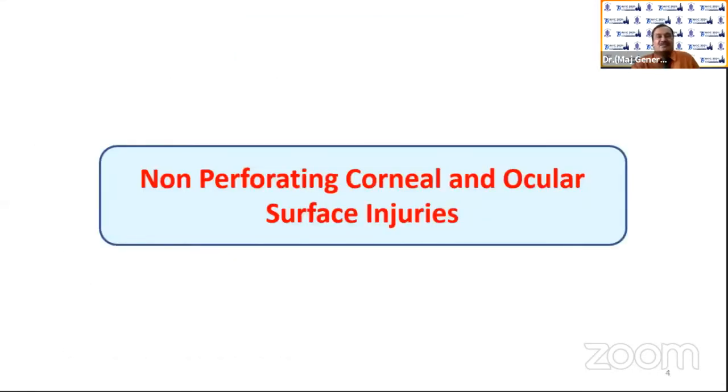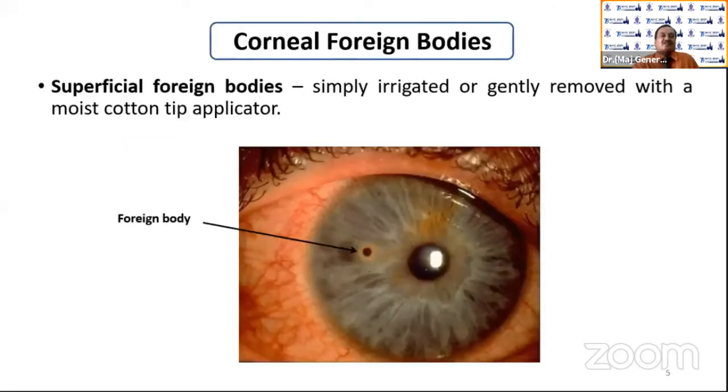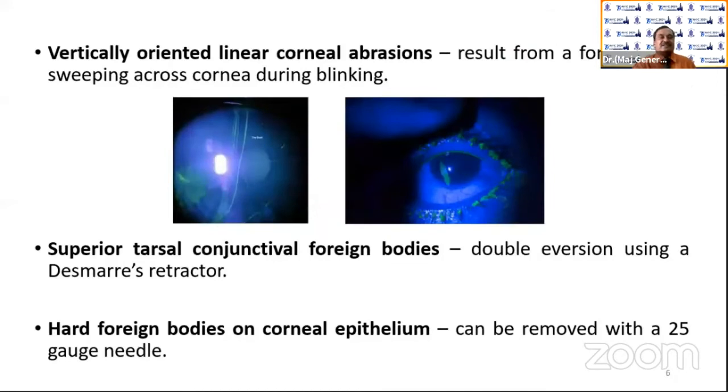Now, the first group we are going to see is the non-perforating corneal and ocular surface injuries. These are very common. We all know about corneal foreign bodies and how they are to be managed. They can be detected simply by torch and loupe examination. The patient comes with a history of little discomfort in the eye for the last 4 days, no congestion, nothing. But if you look carefully, there may be a corneal foreign body, particularly in contact lens wearers or those who go on bikes without any protective devices, which is very common in rural areas in our country.